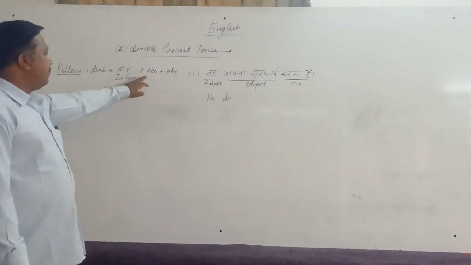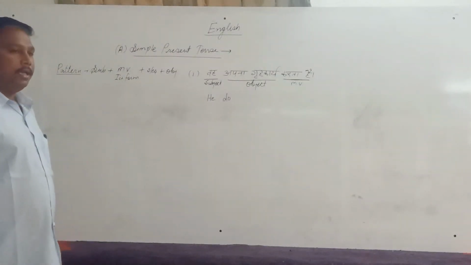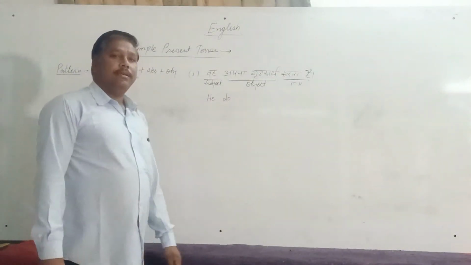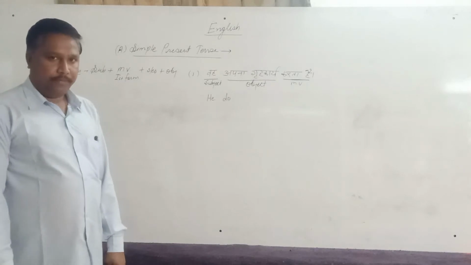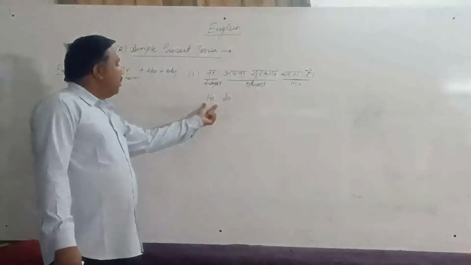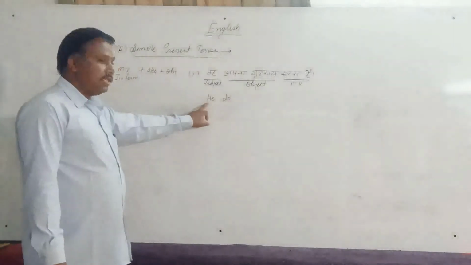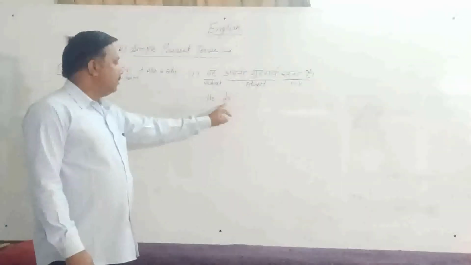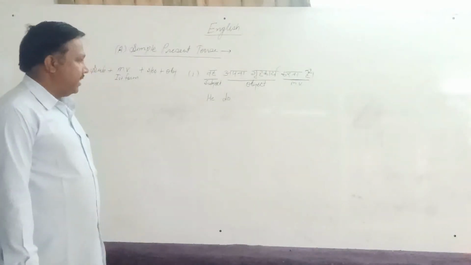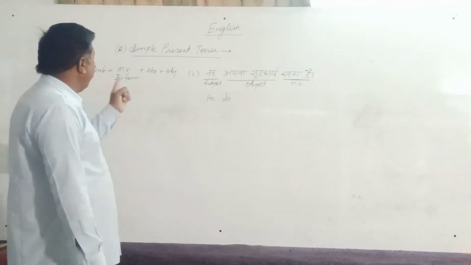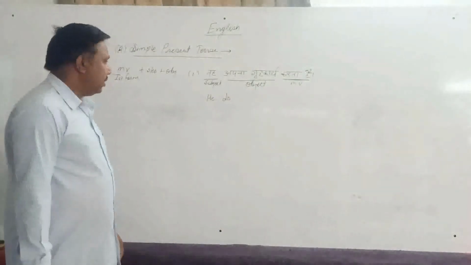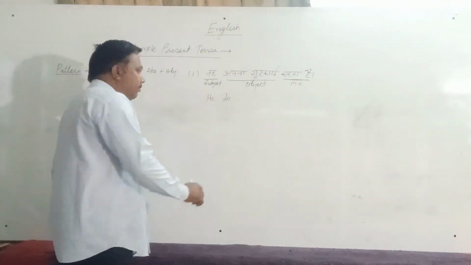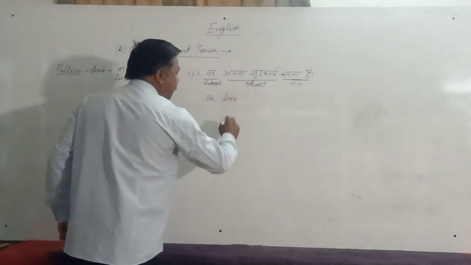And then the next element is s or es. I already told you that it is not compulsory. It depends on our subject. If our subject is singular, then we have to apply s or es with this word. Otherwise, no need to apply s or es. So look here, our subject is singular, then we have to apply here es.